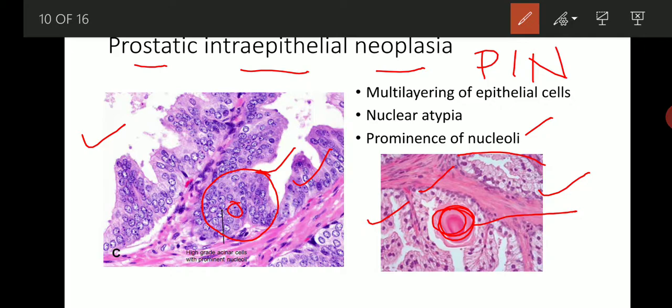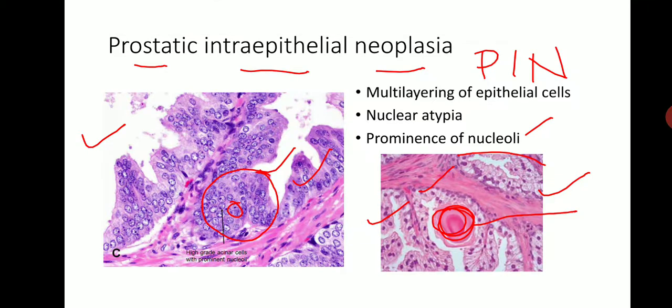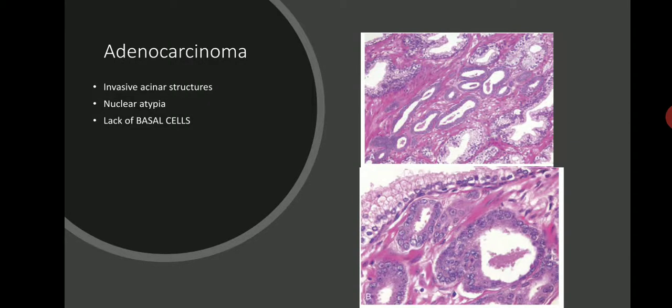The PIN is further divided into low grade and high grade. The PIN can undergo malignant change and become adenocarcinoma. The adenocarcinoma is the most common cancer of the prostate. As you can see in these pictures,